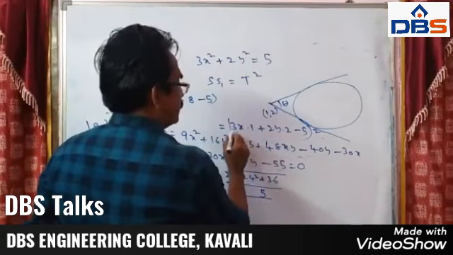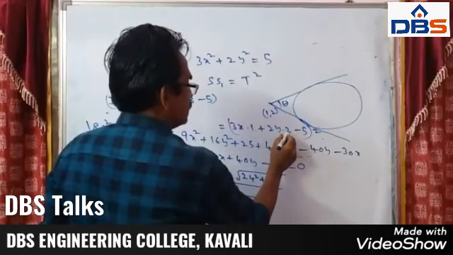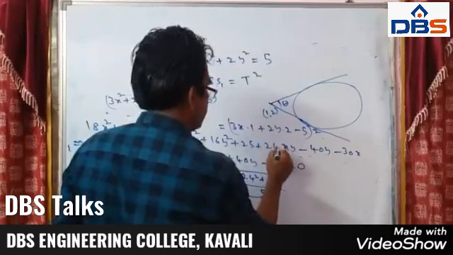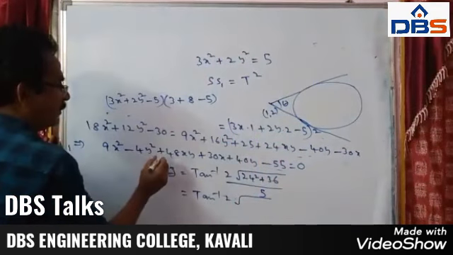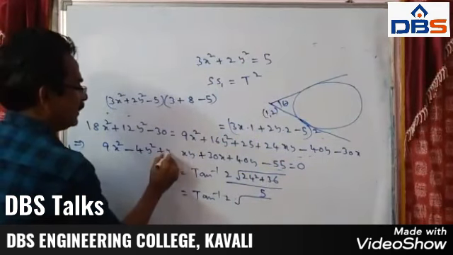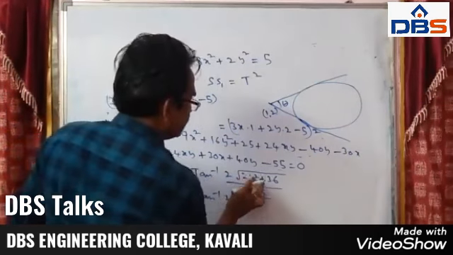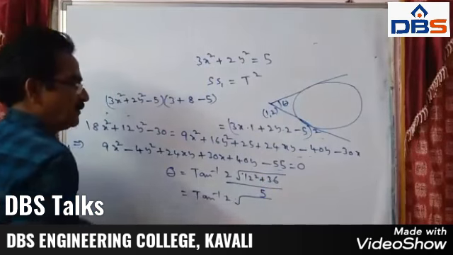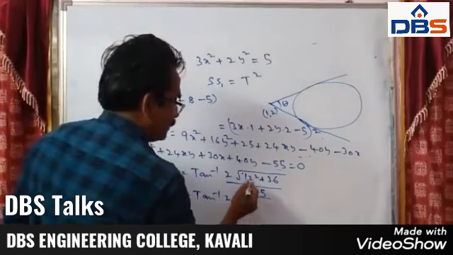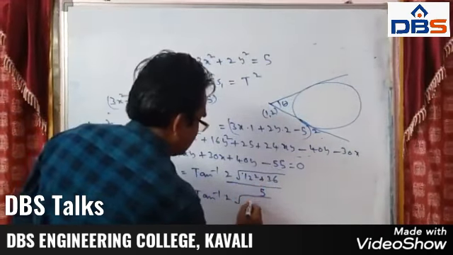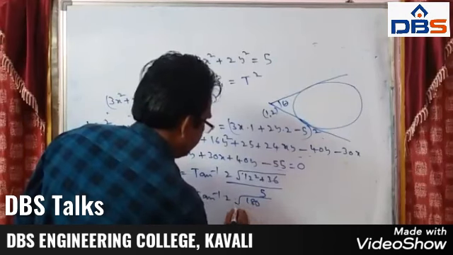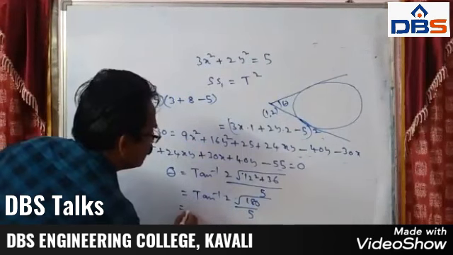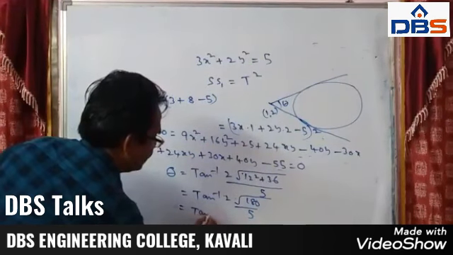The xy term, 2 into 2 is 4, 4 into 6 is 24xy. Here we get 12 square, because 576 means we don't get a square root. So 144 plus 36, 180 by 5. That is equal to tan inverse